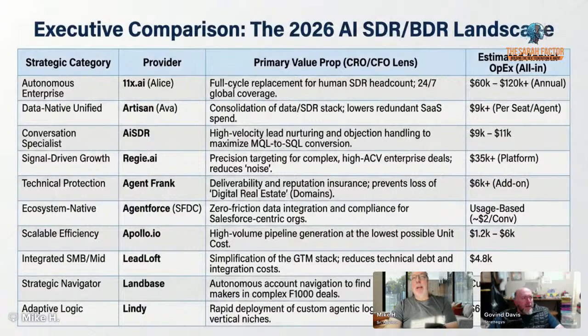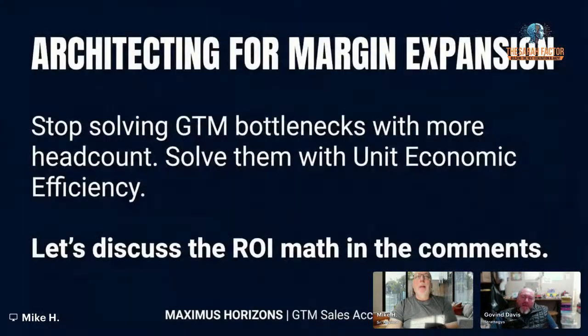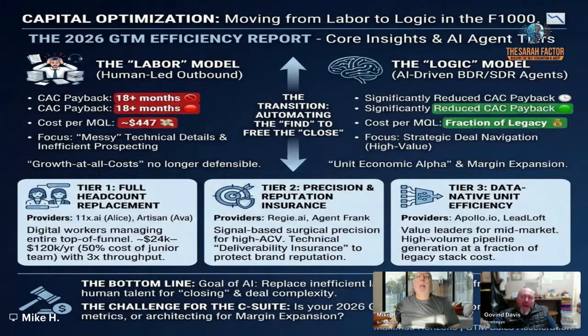And this again was for a LinkedIn post that I did about 5 to 10 days ago. These are the different executive views. Now, if you're the CEO of a Fortune 500 or Fortune 1000 company, this is what you might want to look at in regard to what it does, what's unique about it, and what the annual OpEx cost is if you bought this for your marketing, sales, and business development population of the company. And this is more from a software focus, for the software companies that focus on tools, as an example.